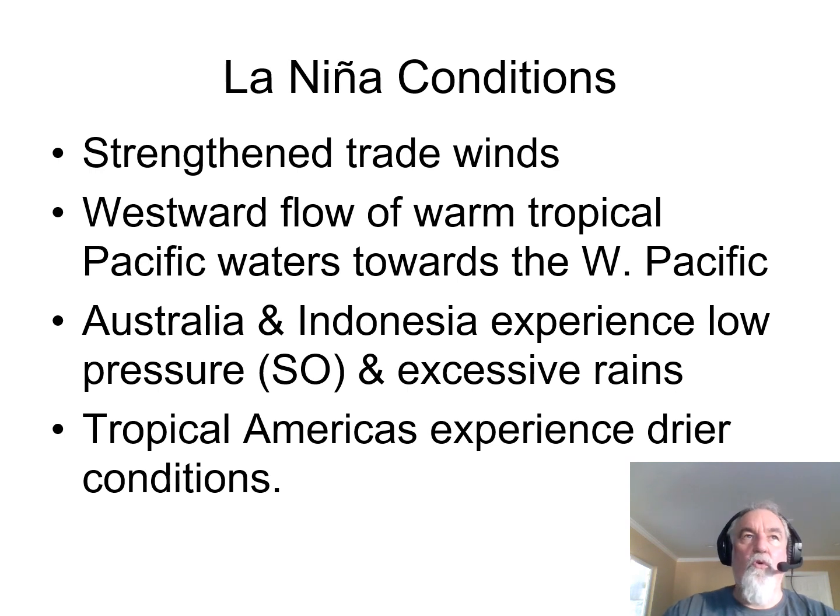So we get even more warm water over by the coast of Indonesia and Australia. We get even more low pressure off the coast of Australia and Indonesia. So remember, normal conditions, average trade winds, average pressure. During La Nina conditions, what is normally low pressure in Australia and Indonesia becomes even lower pressure than normal. And that means even more rising air, even more rainfall. So we get lots and lots of even flooding events during a La Nina condition off the coast of Indonesia